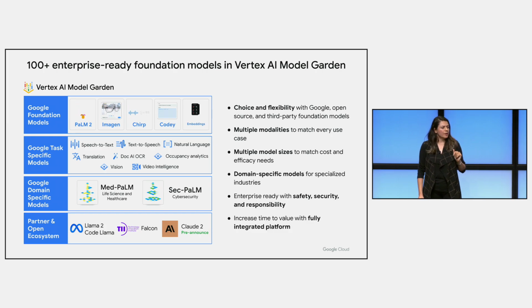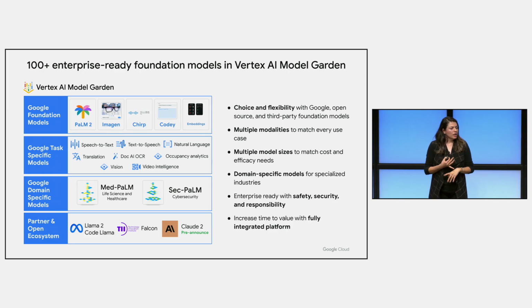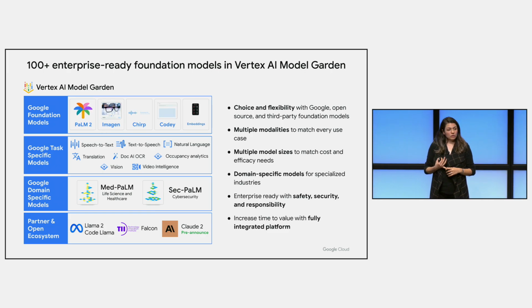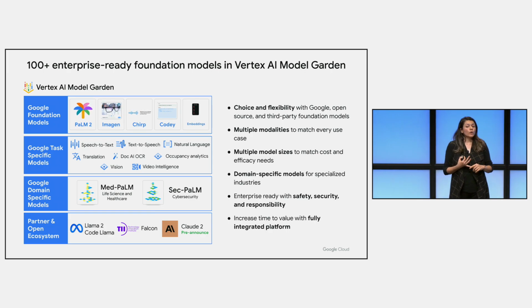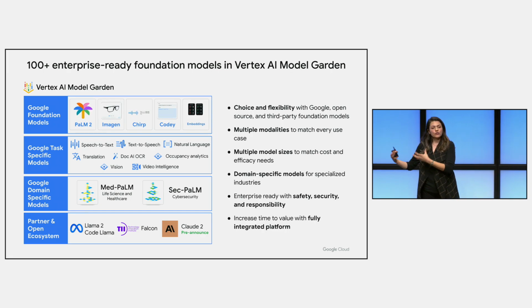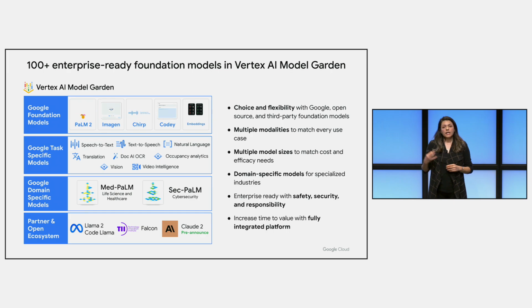I briefly mentioned Model Garden. If you look at this, at the top are the first-party Google models like PaLM 2, Chirp, Codey, and so on. It's important that this also gives you access to multimodal models, whether text, image or code. And it gives you access to industry-specific models, like MedPaLM and SecPaLM, which are tuned versions of PaLM. Also, as you can see, open source models are becoming super popular, from Llama to Falcon, name it, Mistral recently, and also third-party and partner models like Claude from Anthropic.